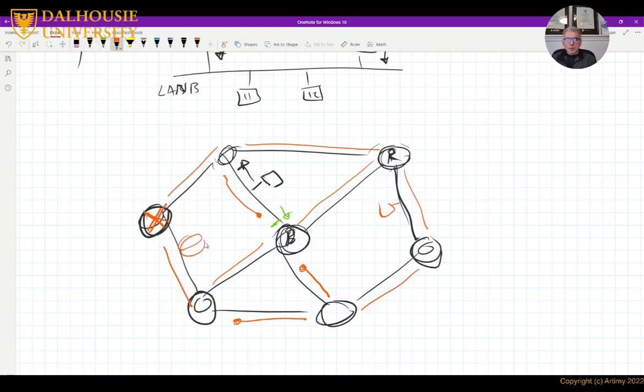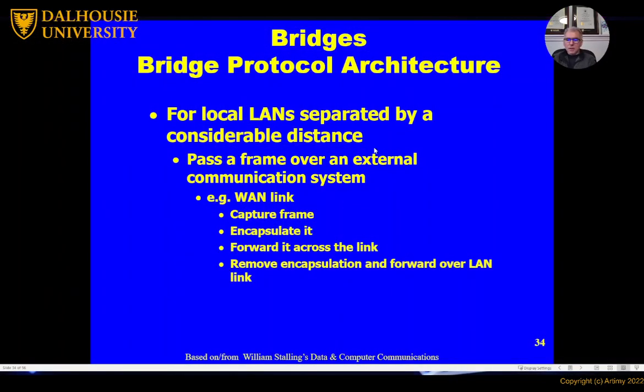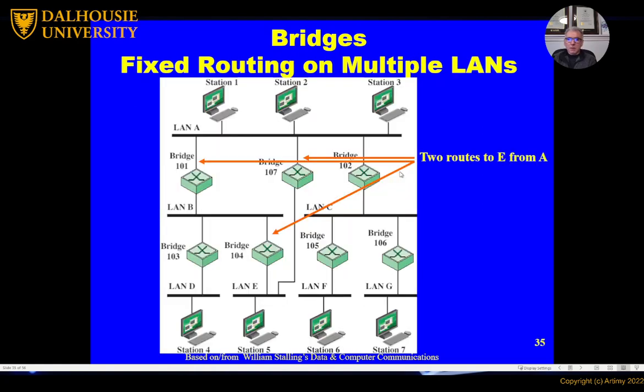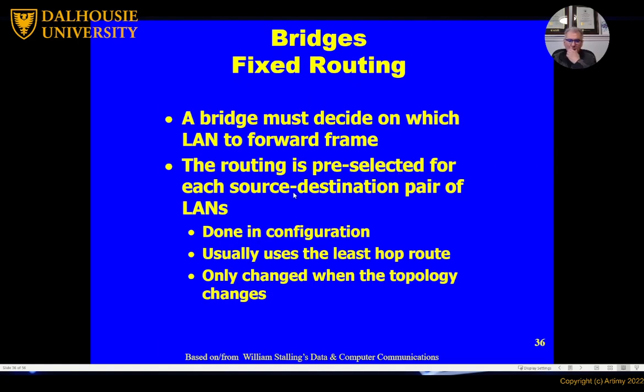So any node on this segment will find another way to pass traffic. And that's the benefit that we get from dynamic networks. So although fixed routing is a solution, it may not always be a good solution.